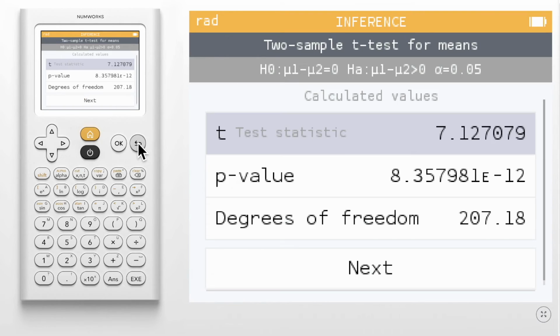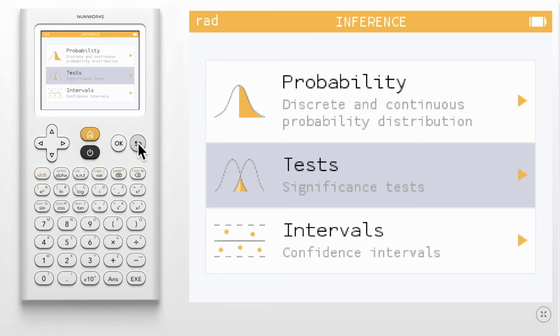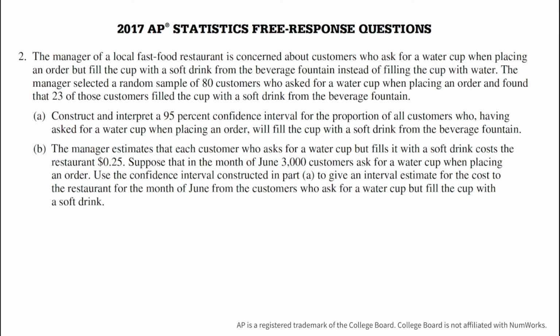Let's return to all of our tests and take a look at another question. Here we have a question from the 2017 exam. It says that the manager of a local fast food restaurant is concerned about customers who ask for a water cup when placing an order, but instead fill the cup with a soft drink from the beverage fountain instead of filling it with water. The manager selected a random sample of 80 customers who asked for a water cup when placing an order and found that 23 of those customers filled the cup with a soft drink from the beverage fountain. For part A, we are asked to construct and interpret a 95% confidence interval for the proportion of all